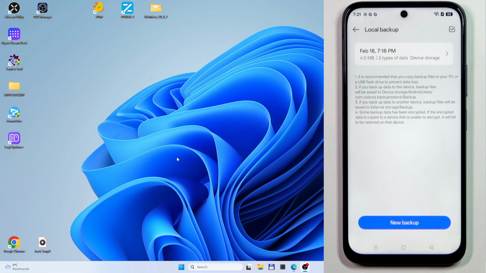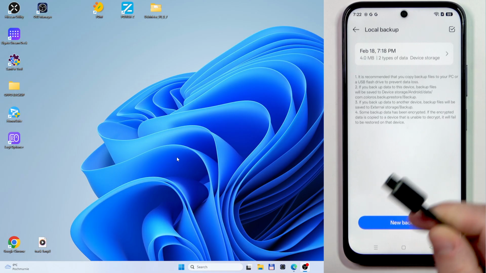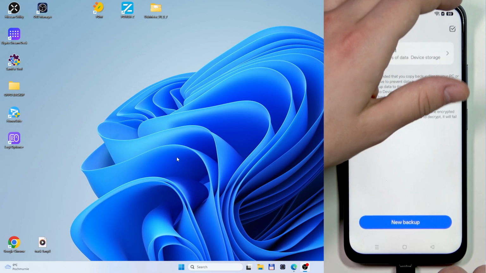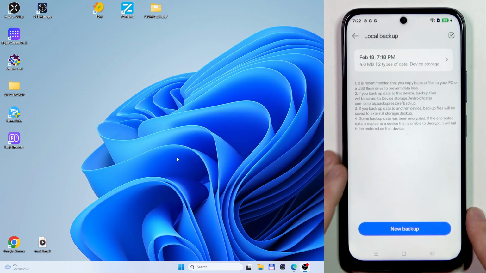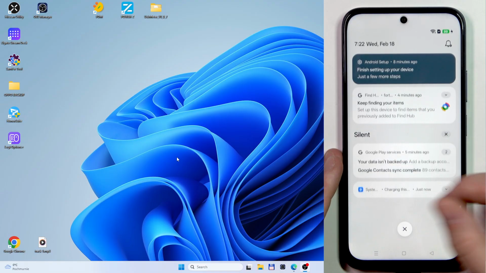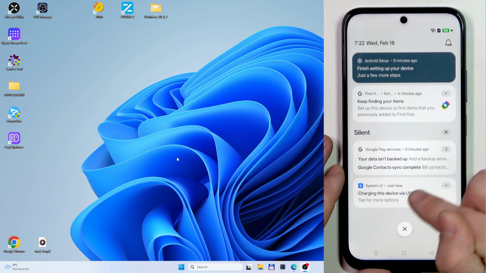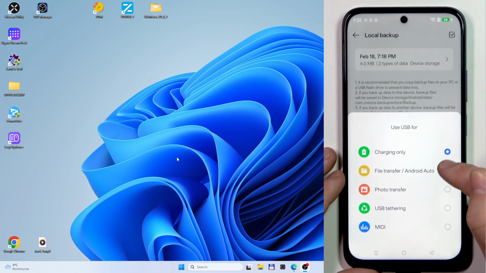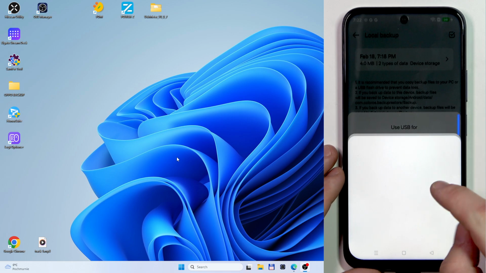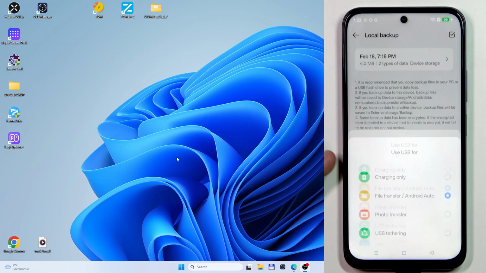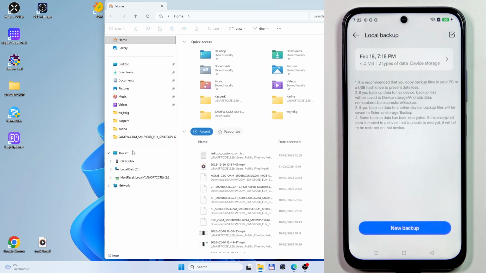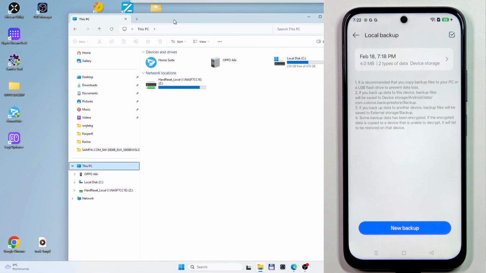Okay, now to copy our backup into our computer, we need to have an USB-C cable that is also connected into our computer, of course. Now insert the cable into your phone. Now, open up notification bar, click on charging this device via USB, and select File Transfer / Android Auto. Now verify if you have your screen lock, and now open up the File Explorer, click on this PC, click